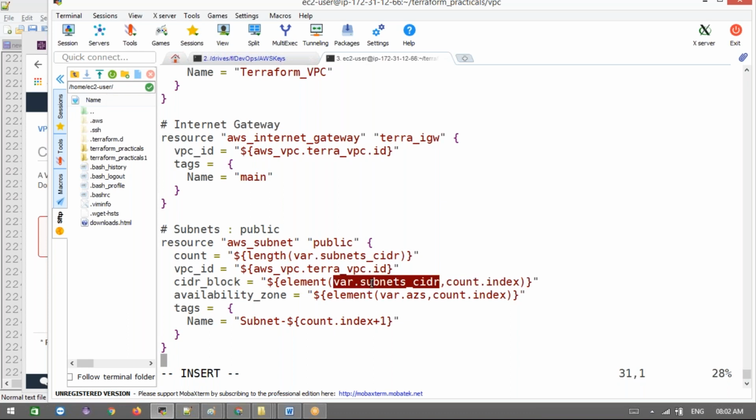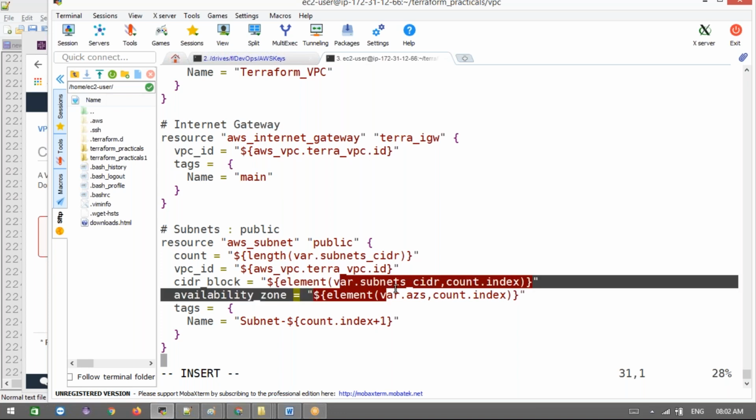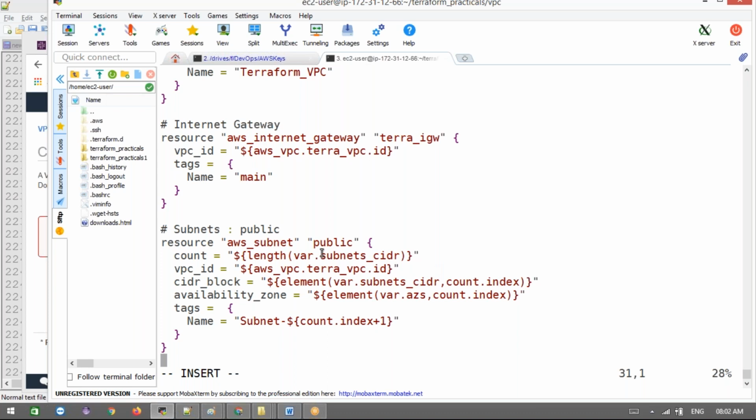Now, how many indexes are there, how many items are there in the list variable subnet CIDR? This is the same, and element and length are the functions. Like we used previously for iterating, however many we have, that many CIDR blocks are going to be created. For example, let's say two lengths are there. The first